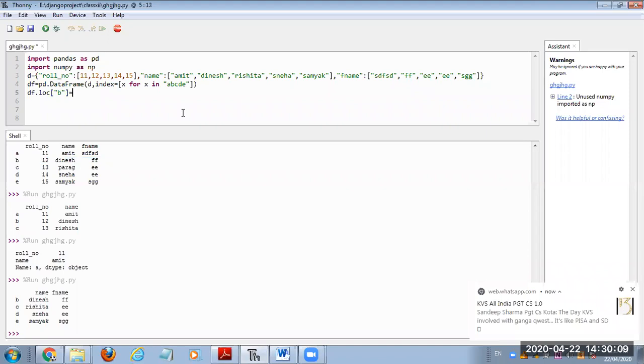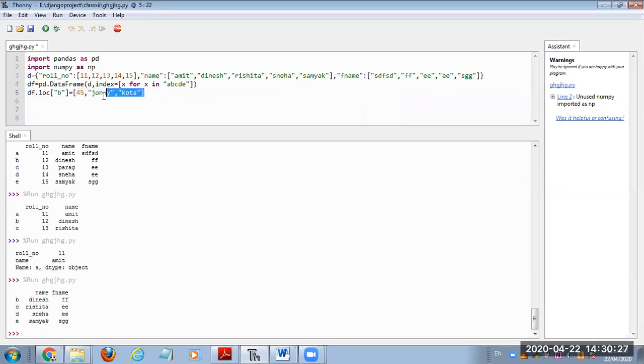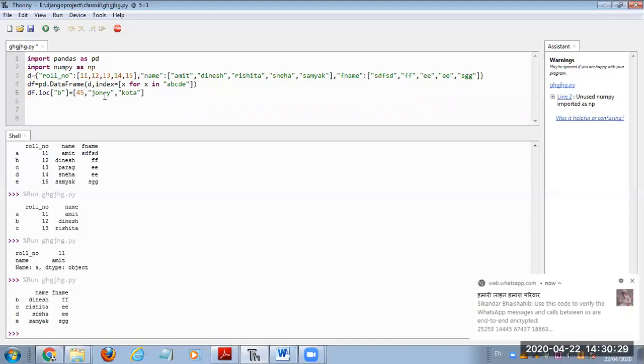Suppose I'm writing like this, df.loc B, and then in square brackets I'm providing the values 45 comma, suppose this Johnny, and then this quota. Okay, let's concentrate on this line. I want to modify this location, df.loc B. What does this location mean?